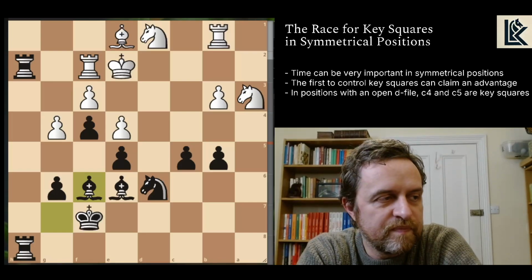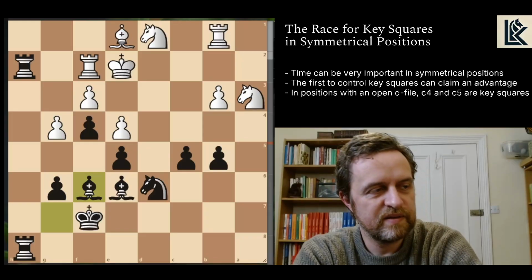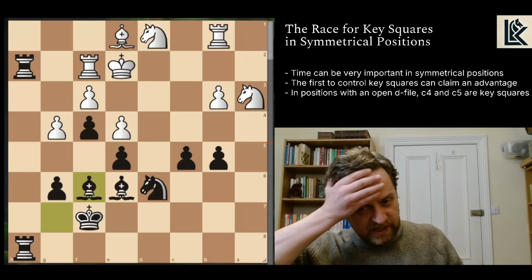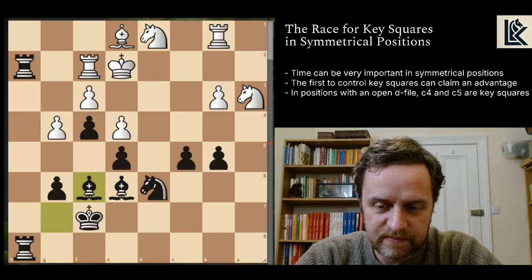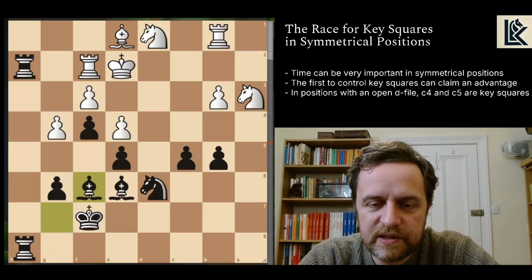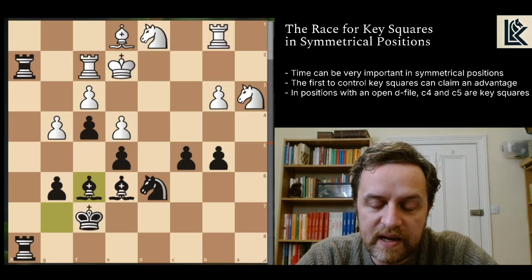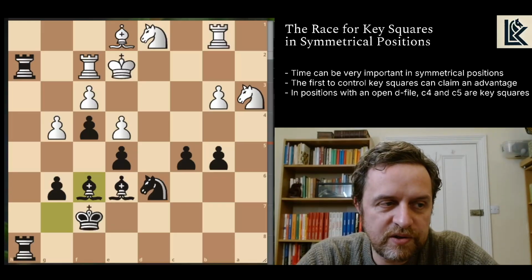And now I feel like I understand them much better. One of the new understandings I came to was the importance of fighting for key squares, but also the time element in fighting for key squares. The idea that you shouldn't wait around, that even though the position is symmetrical and the queens are off,